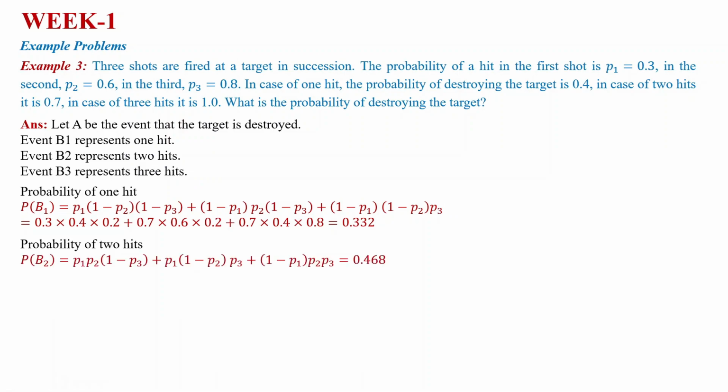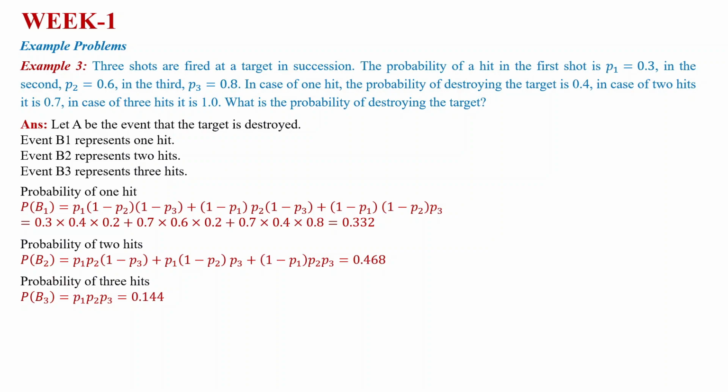So the probability of two hits is similarly given as P1 P2 (1 minus P3) plus P1 (1 minus P2) P3 plus (1 minus P1) P2 P3, equal to 0.468. And the probability of three hits is that all the three shots hit the target, that is P1 multiplied by P2 multiplied by P3. There are no other possibilities, so it is